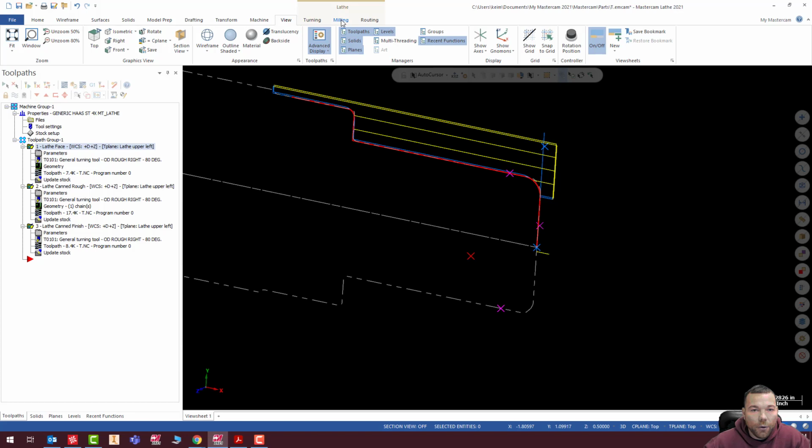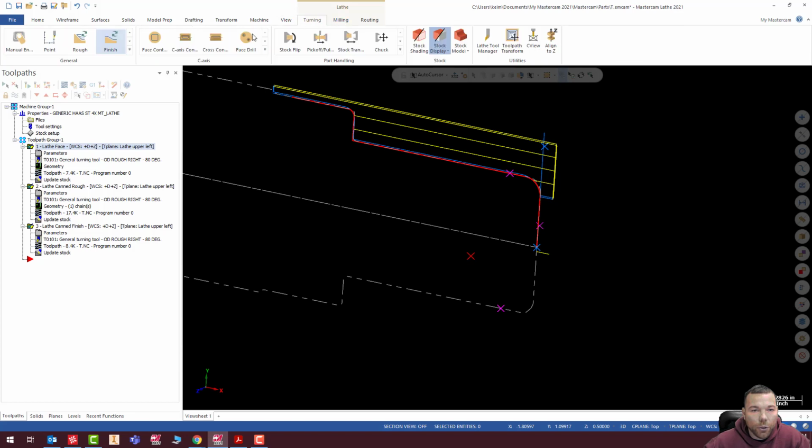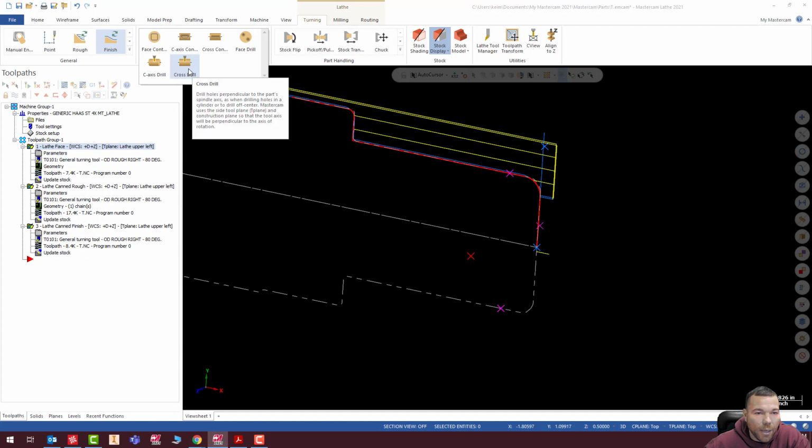Okay, so let's go to turning, and here we are going to look at some of these, and we don't want to face drill. Cross contour, that's a contour. Cross or C axis contour, we don't want to do that. We don't want to face contour. So we need to take a look and see, okay, so we have a C axis drill and we have a cross drill. So if we select C axis drill,